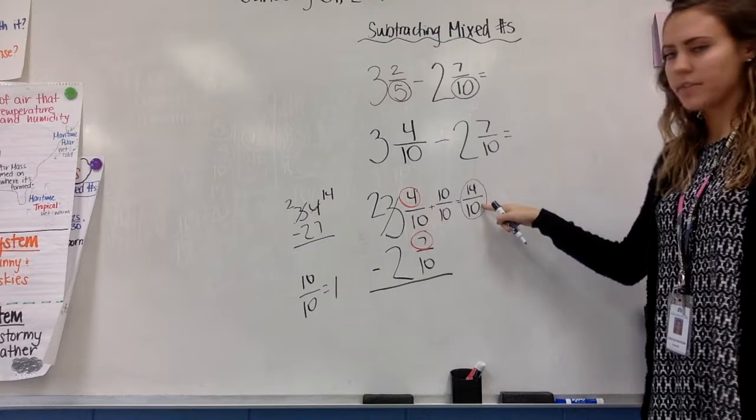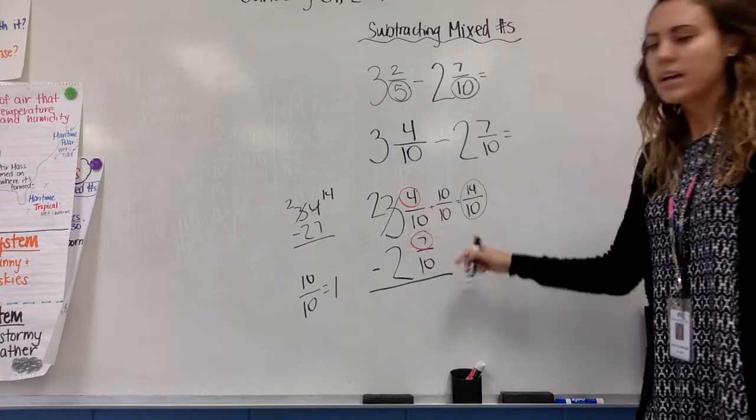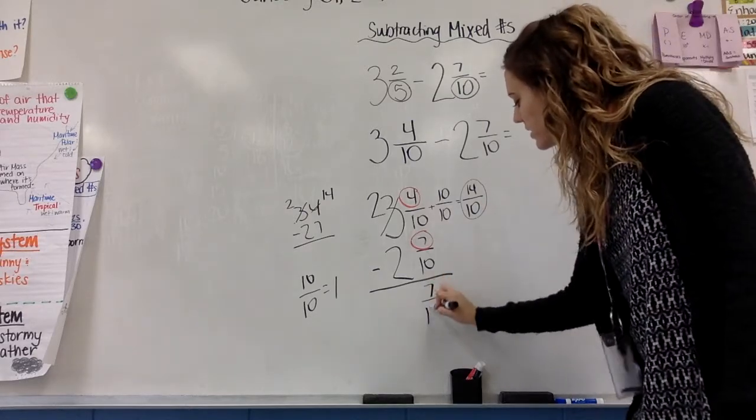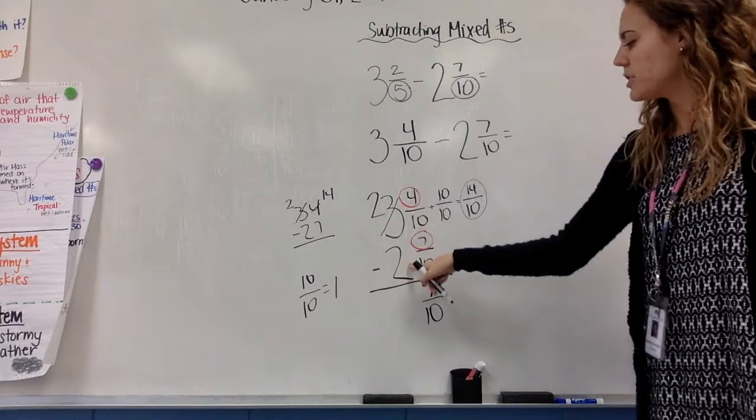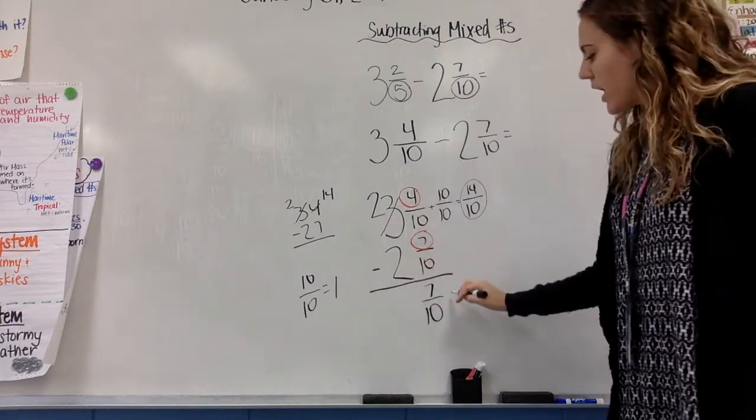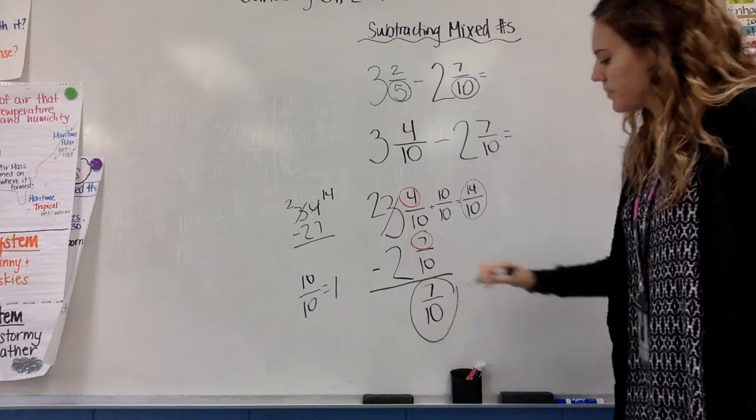So 14 tenths minus 7 tenths is 7 tenths. And then 2 minus 2 is 0. So I know that my answer is 7